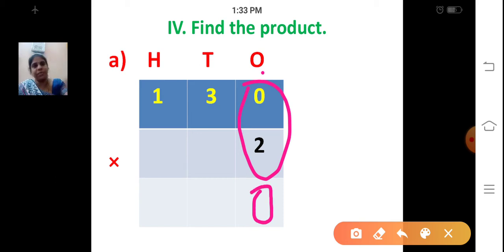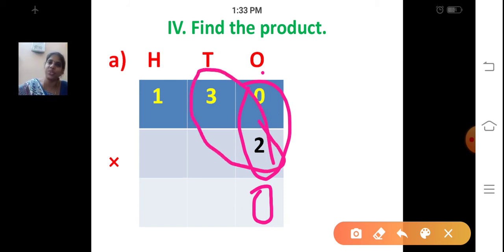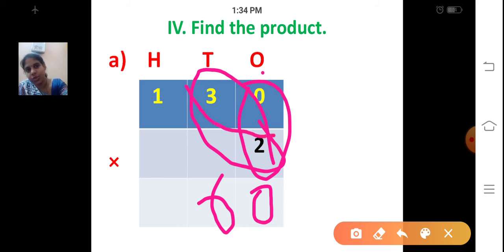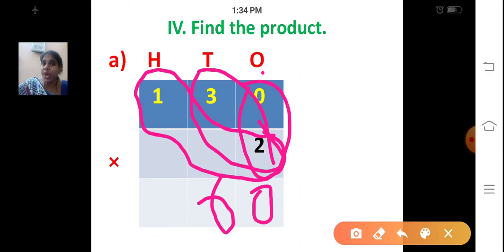Next, what is the next step? So next we are going to multiply this 2 by 3. Now the next step is 3 twos are or 2 threes are. Think and tell me. 2 threes are 6. So till this we have seen. Now the third step is to multiply this 2 by the hundreds place. 2 ones are 2. Write down 2 in the hundreds place.